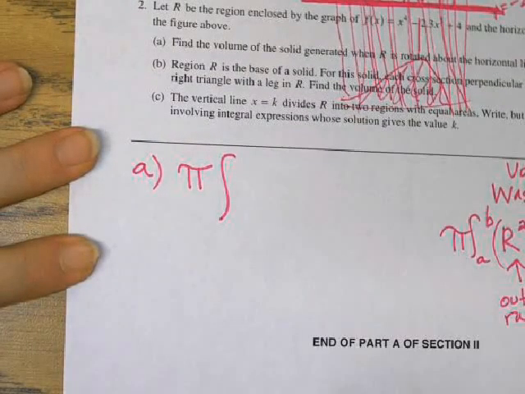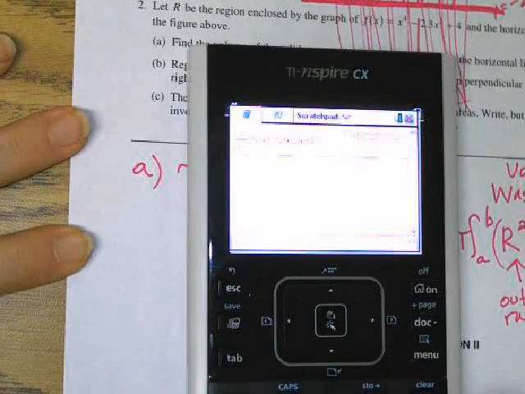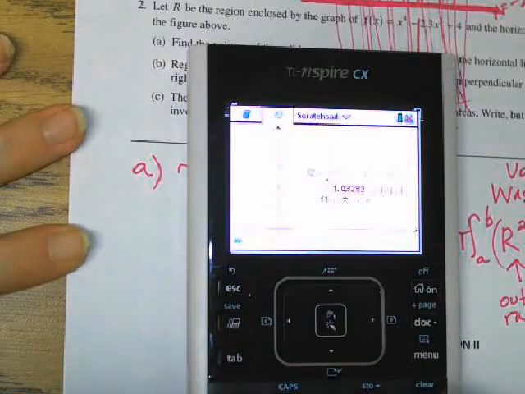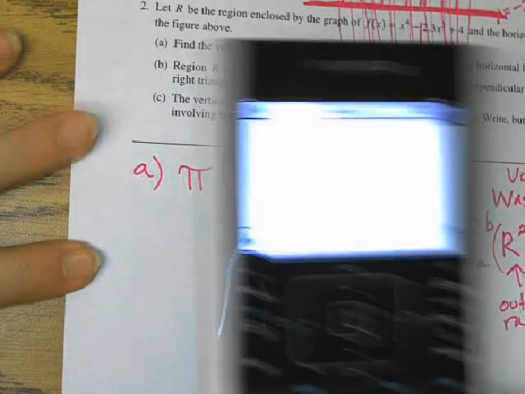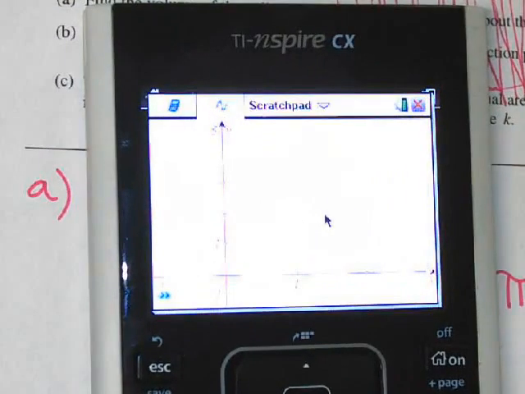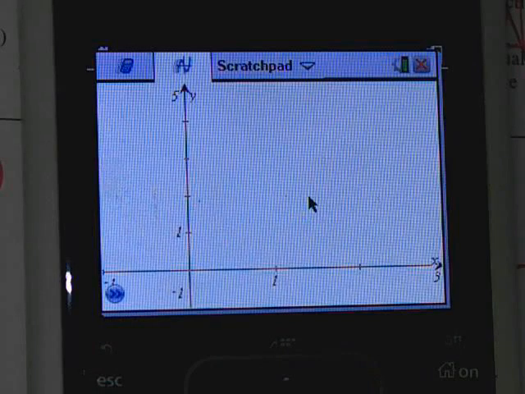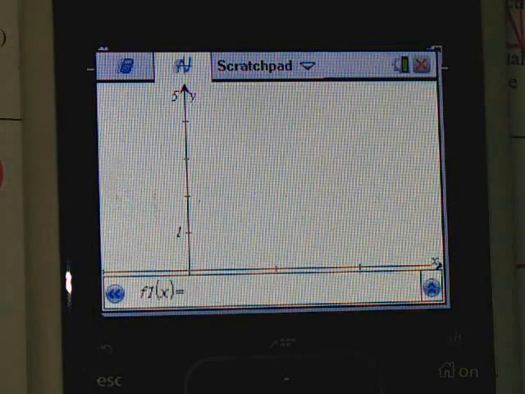Because remember, we do radius squared, right? Because you're doing area of a circle, which is pi r squared. We just happen to have 2 radius. So this is outer radius. So we're just a constant 6. This is inner radius. Now, what if the axis of rotation had been at +2 instead of, or at +1,